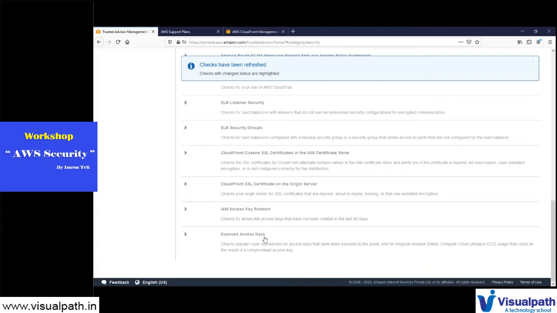So Trusted Advisor will not only check your account, but outside, if you have exposed something, it's going to scan the GitHub public repository, which is cool, right? Think about it. You have a tool that is scanning GitHub public repositories for your access keys. If it finds your access key over there, it's going to alert you, and you can quickly take action. Okay, and there are white papers on that. If something like this happens, what should you do next? All right, so it gets into more and more detail, right? We'll see in the next session, probably, if this session is successful. Then we'll talk about those things, those scenarios.